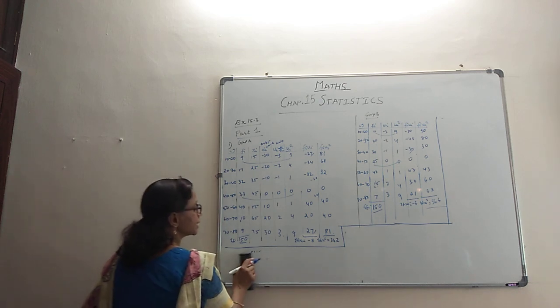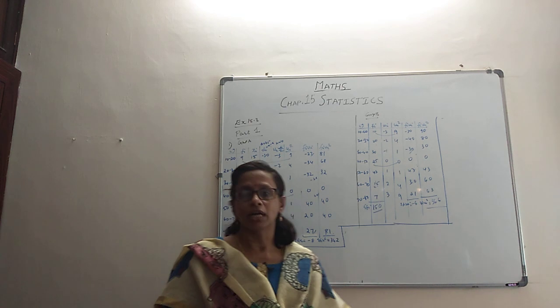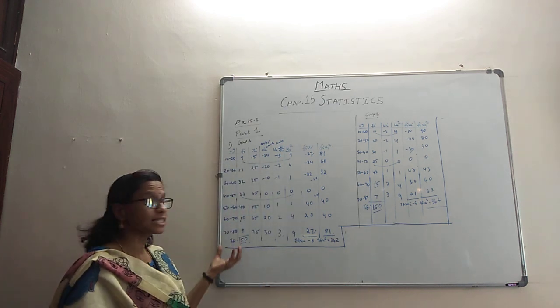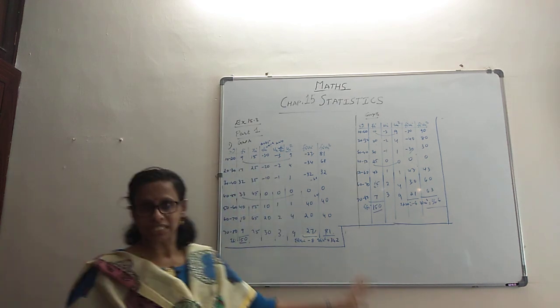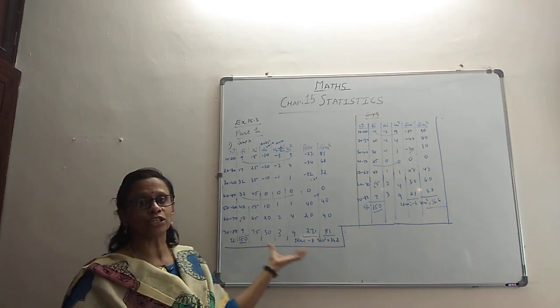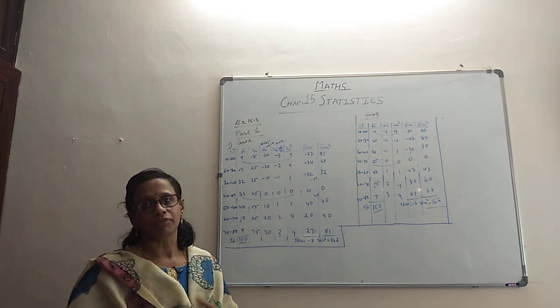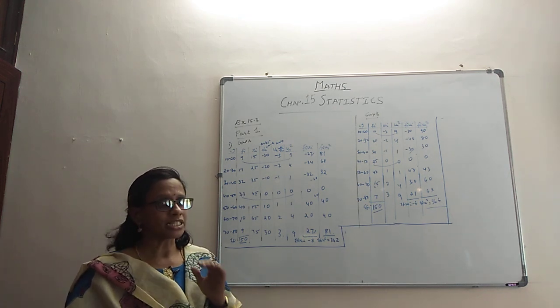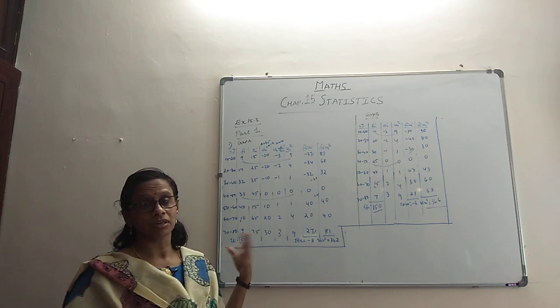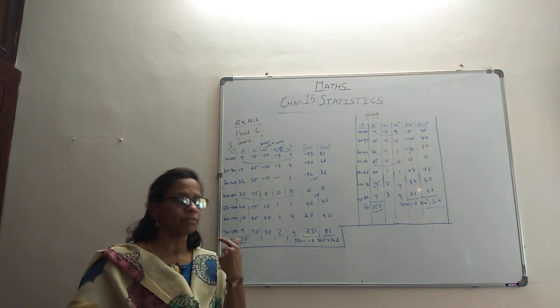The problem is that they give us data about group A and data about group B. For both, the class interval is the same, only the frequencies are changing. So that much is a respite to us, because the rest is the same in both the cases, and then you have to find out all the other things. As I said, because of the volume of the problem I had to keep the table ready, and from the table we will start working.